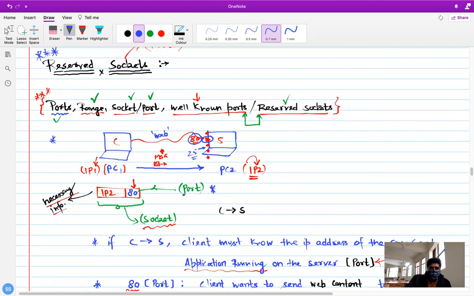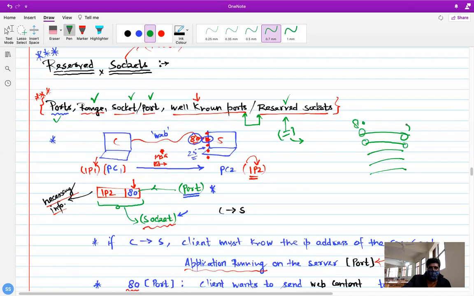So whenever you use those reserved port numbers to create a socket, those sockets will be considered reserved sockets. Using the reserved port numbers, whenever you create a connection or a socket, all those sockets would also be called reserved sockets. It means some connections between the client and server are already reserved to improve efficiency.